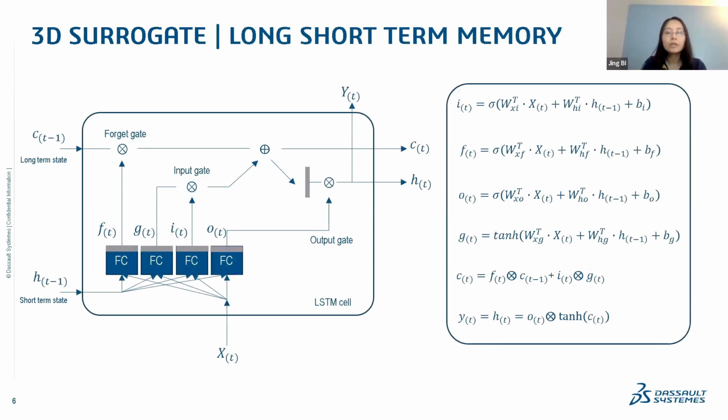This slide shows a particular recursive net called the LSTM. Unlike feed-forward neural networks, recursive nets are able to remember the past via long-term and short-term states. The inputs to the network include both the current state and past memory. The inputs are first connected to a few fully connected cells and then pass through either regression operations, such as